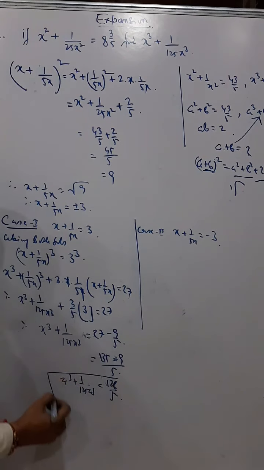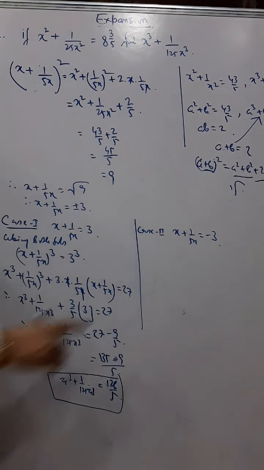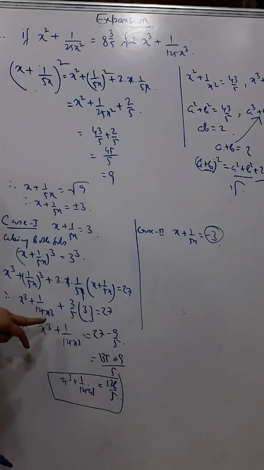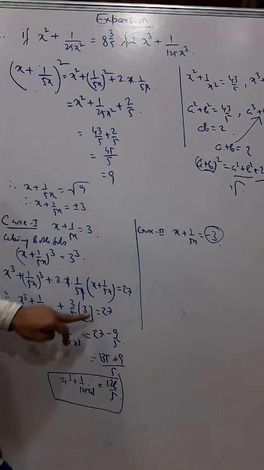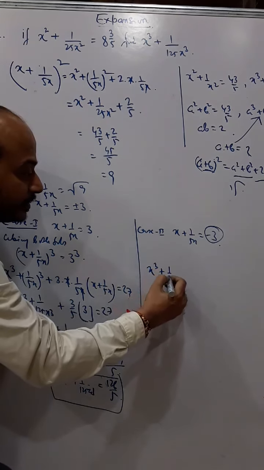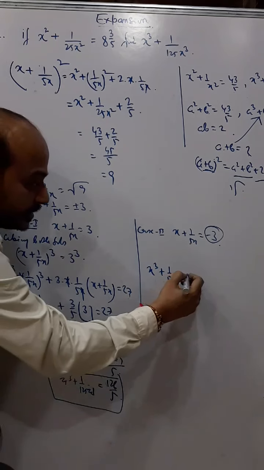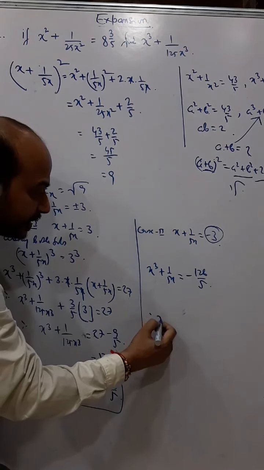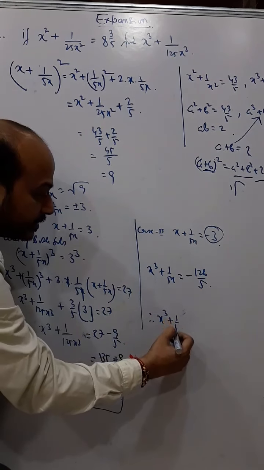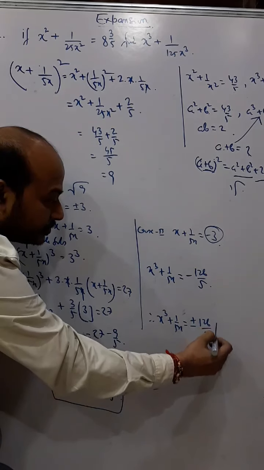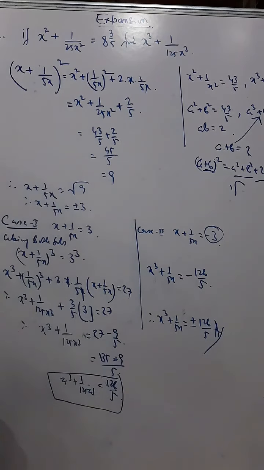So we got this as one value, and when I do this minus cube, you have to put just minus 3. Like here we have put 3, we will put minus 3 in the formula, and finally here you will get the same value but with negative sign. You get this answer. And finally my answer will be x cube plus 1 by 5x is equal to plus minus, so we will write the answer like this, minus 126 by 5. Okay.